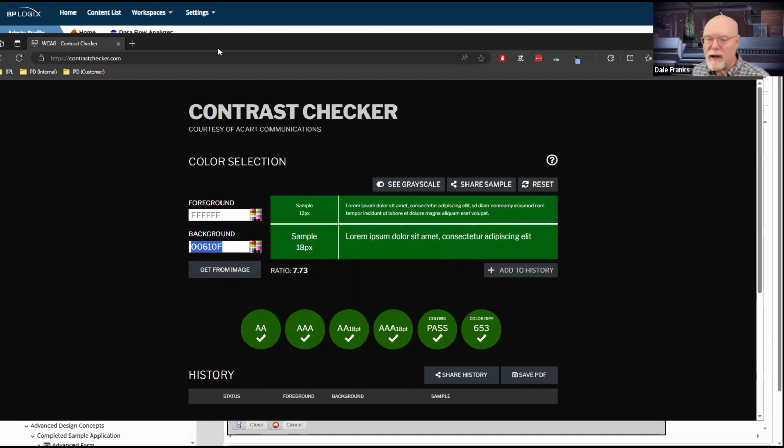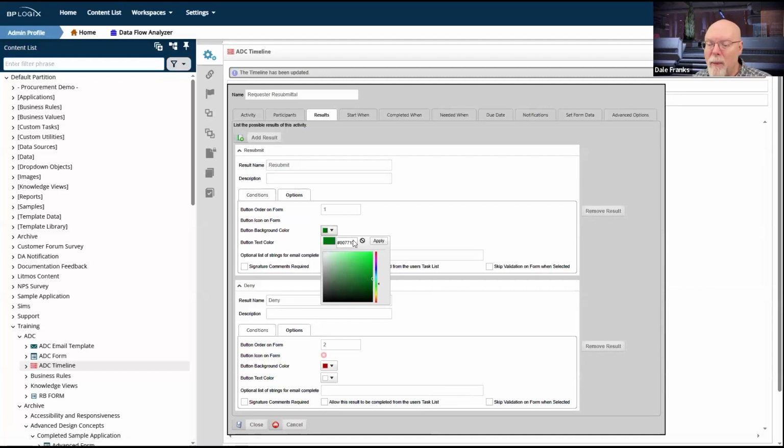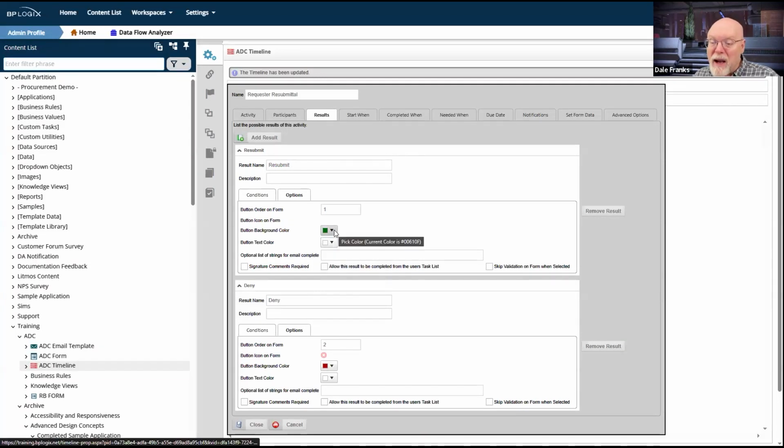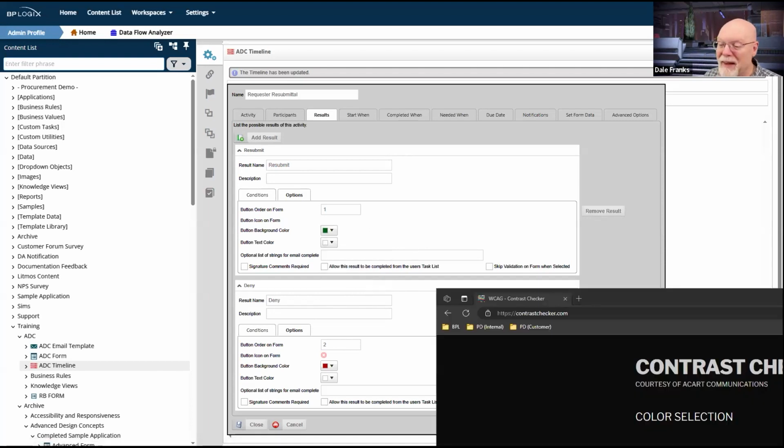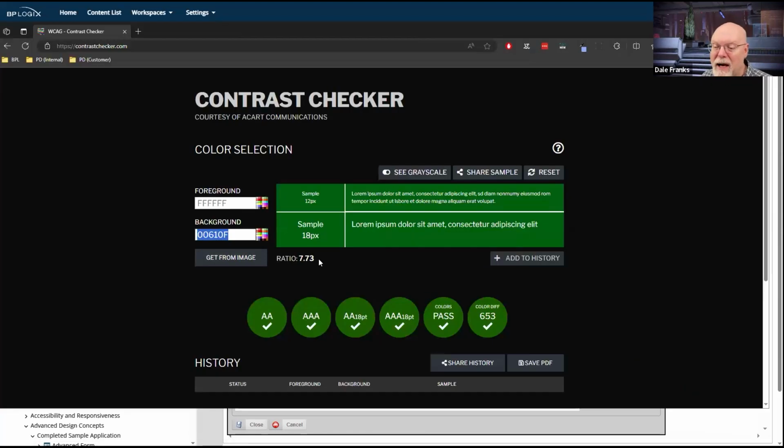Sometimes it's a little inconvenient, but it does allow me to go back here now that I know that this is AAA compliant, and I can paste that there and hit apply. And look, for me, I can hardly tell the difference. There's obviously a mathematical difference, and it meets a contrast ratio, in this case, of 7.73 to 1 between the foreground color, which is white, and the background color, which is this actually quite a pleasing green color, I think. And so that contrast ratio of 7.73 meets the WCAG AAA standard.